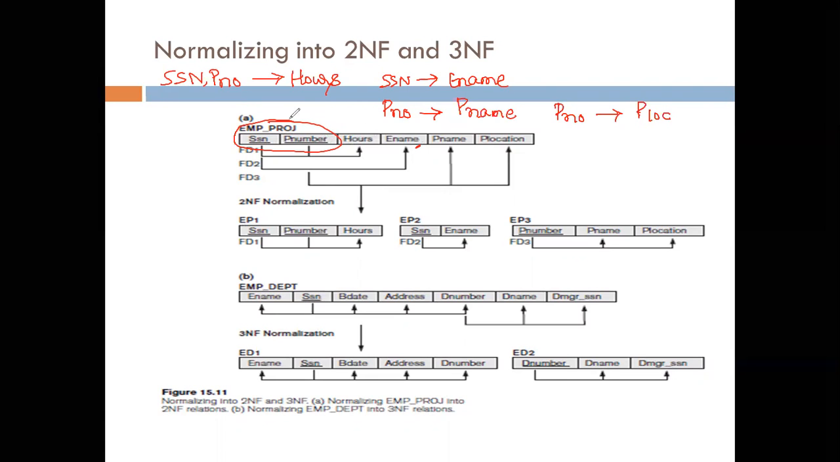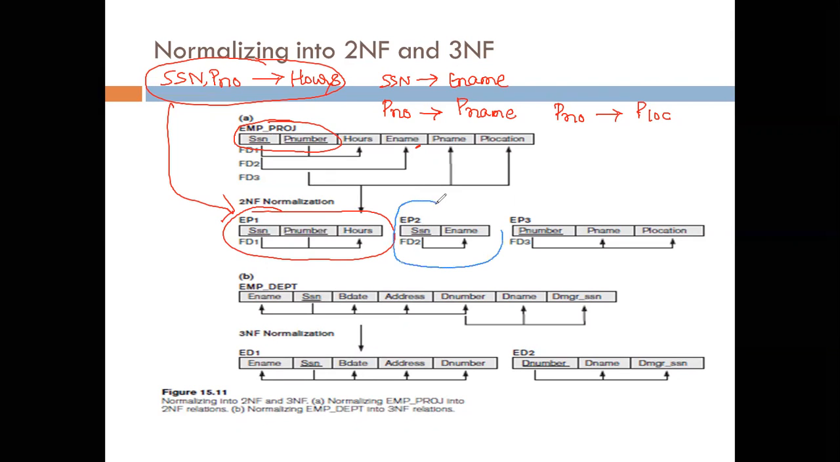So look here. First functional dependency, SSN, project number. For this, one table is created here. So the division is taking place, where we'll have SSN, project number, and hours. Second part, SSN and employee name. So employee name is dependent only on part. Which part? SSN. So that functional dependency will create one more table